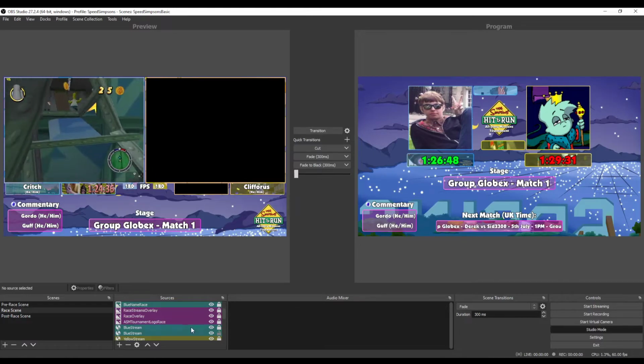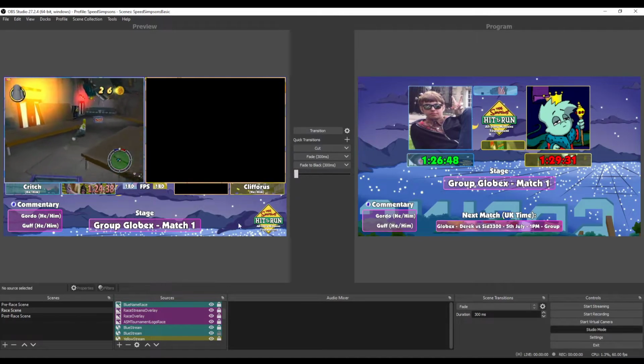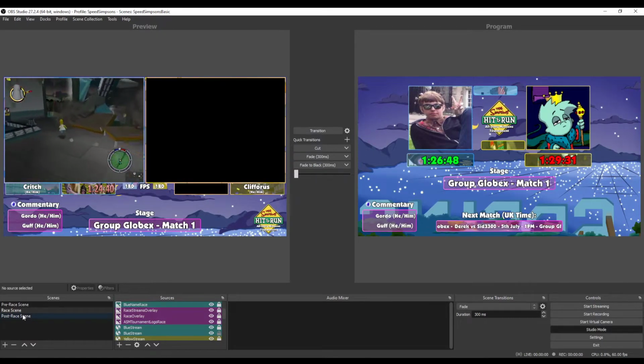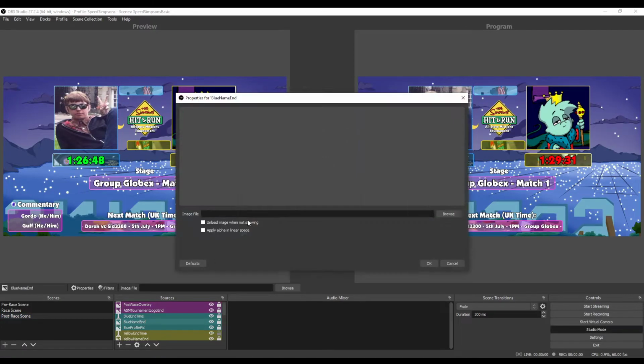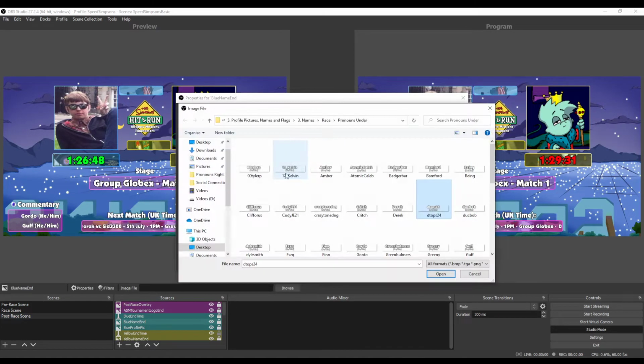Same for the right hand side. I won't go through that, but it's essentially exactly the same. The post race scene is pretty much the same sort of thing. So blue name ends, you just go to click on it, press browse,